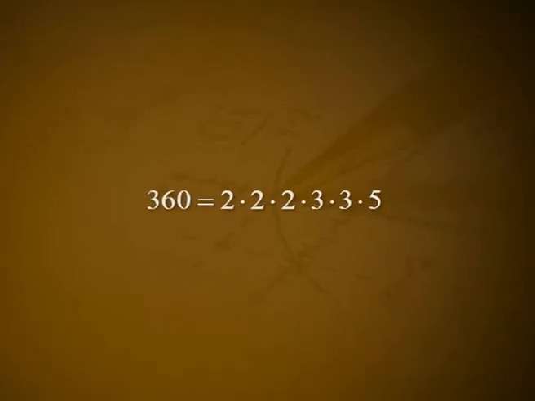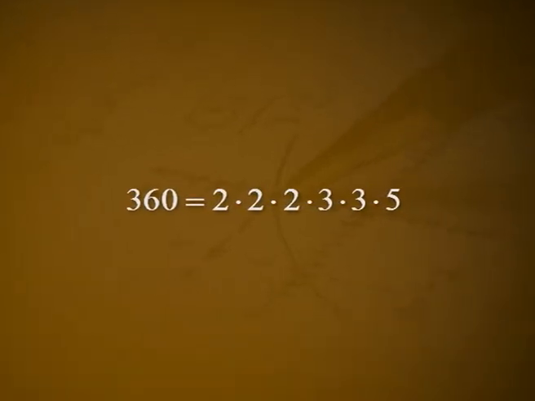Of course, several of the primes that appear in the factorization of a given positive integer may be repeated, as in the case with 360 is equal to 2 into 2 into 2 into 3 into 3 into 5. By collecting like primes and replacing them by a single factor, we can rephrase theorem 2 as below. Corollary 3. Any positive integer n greater than 1 can be written uniquely in a canonical form.